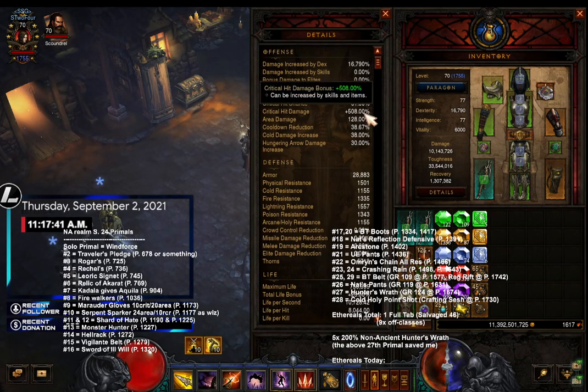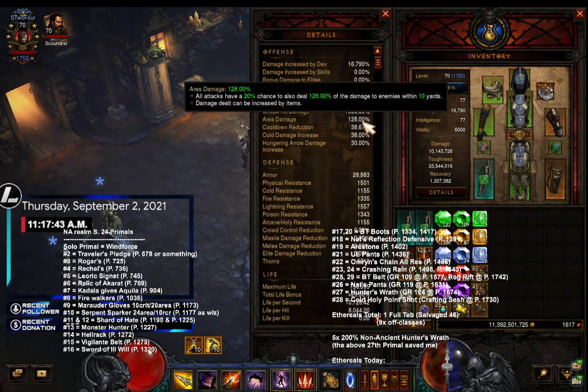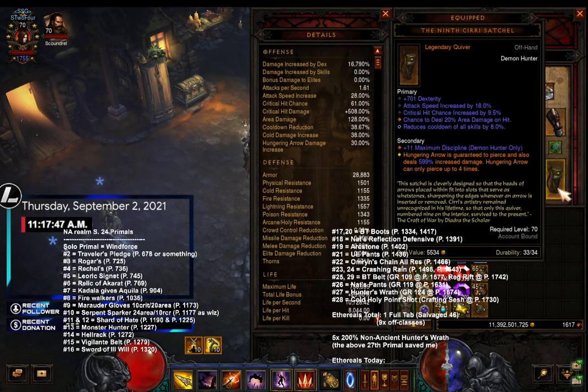It doesn't answer the person's question. The legendary passive answers the question. You can clarify, but it says 4 times. It's not like